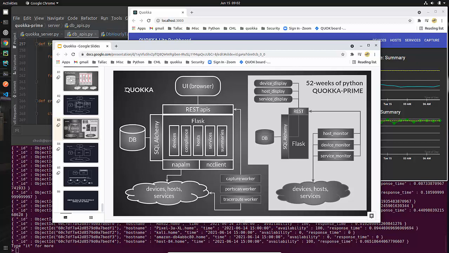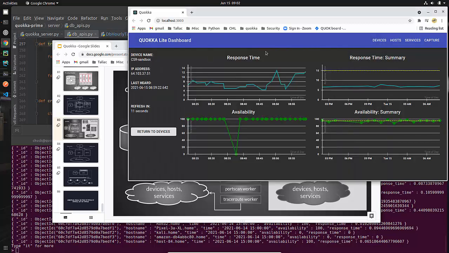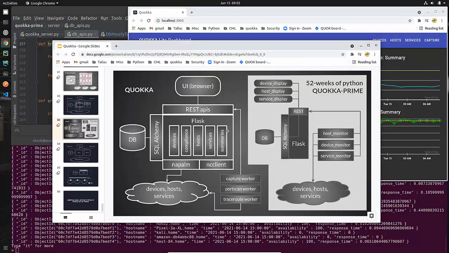By the way, if you're new to this, you can go back and look at stuff where I've talked about Quokka. There is a repository called Quokka. That is my first implementation of the functionality that you see in the stuff that we've been looking at here. It's a little bit more, but it was my initial implementation.